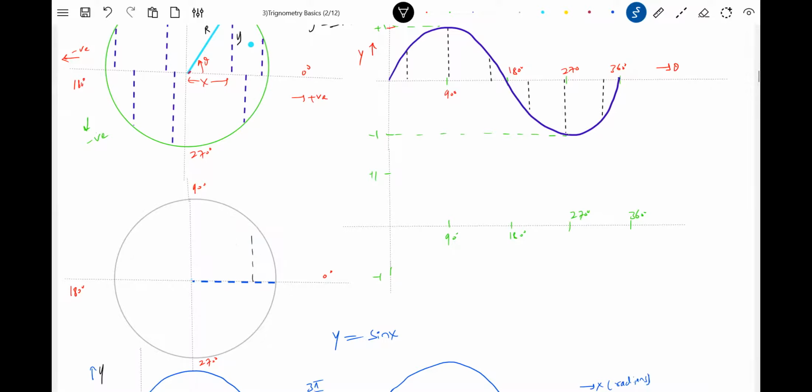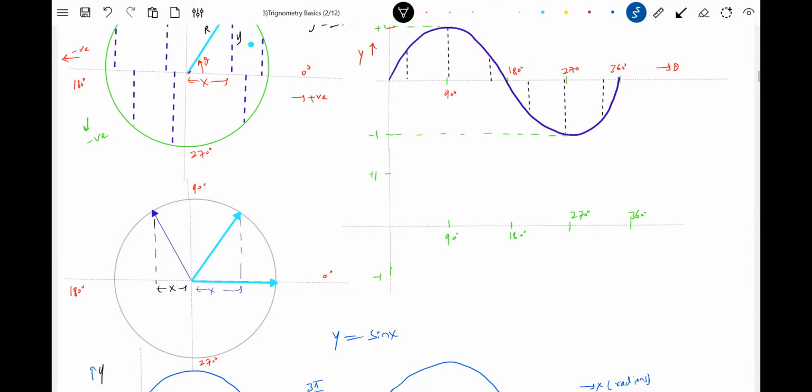So when the arrow is here, what is the value of x? X equal to r. Now when the arrow is here, what is the value of x? X will become this. When the arrow is here, what is the value of x? It will be 0. Now when it is here, x will be negative. Let me show that. Like this, you can measure, no? So x is measured along the horizontal. So what will happen to the value of x? Yes, it is also going to vary.